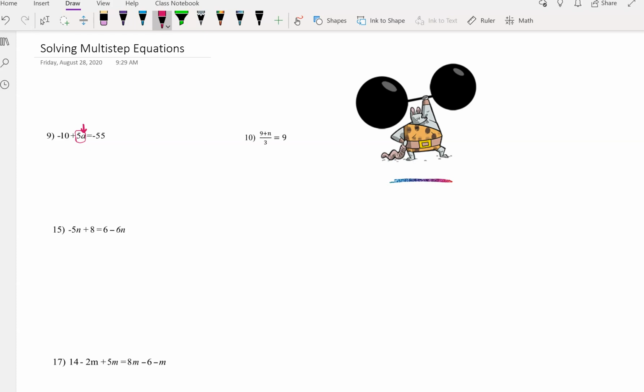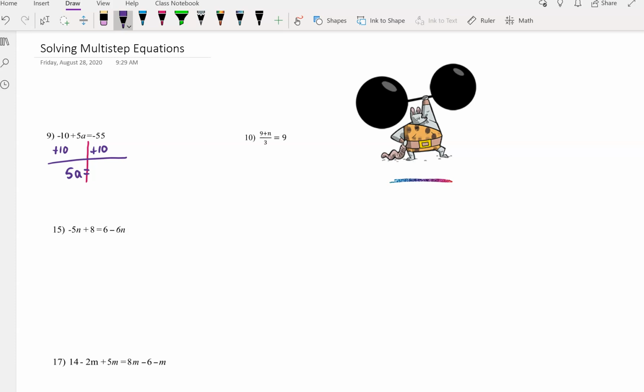And I'm going to work on balancing my equation, keeping my equation balanced, and getting rid of this negative 10, okay? So remember, we have opposite operations that undo each other. So the opposite of a minus 10 is going to be a plus 10 on both sides. What's left on one side of the equation is my 5a equals,